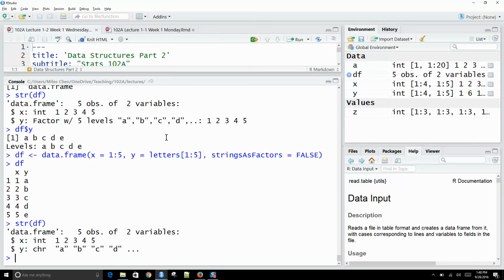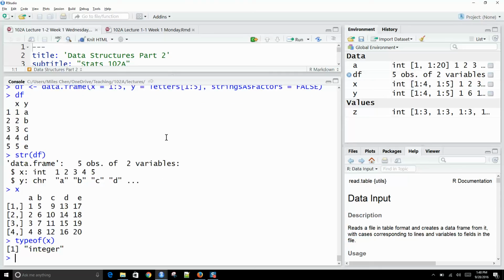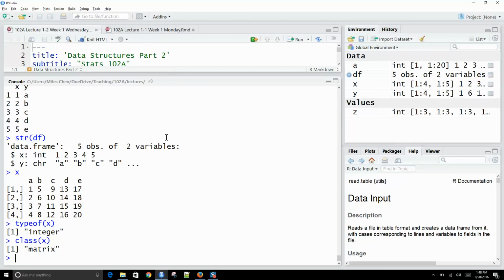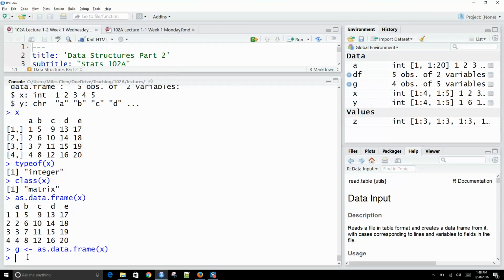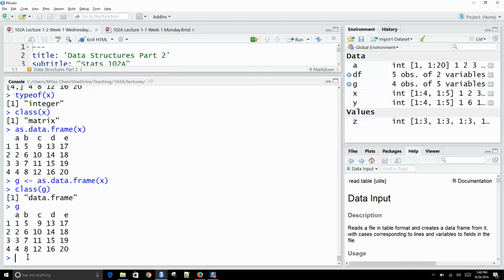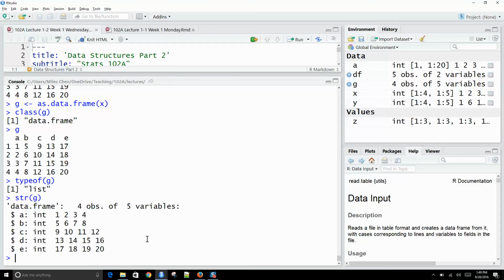So here's my matrix A, B, C, D, E. If I say typeof X, it's a matrix of integers. Okay, class X, it's a matrix, and I can do as.data.frame X, and now it's a data frame. Okay, and they look almost exactly the same. The indicator that things have changed is that we no longer have the matrix notation to subset the things. So if I'm going to call this G, okay, class of G is now a data frame. G looks like this, and typeof G is now a list, and the structure of G looks like this now. Whereas the structure of my matrix X